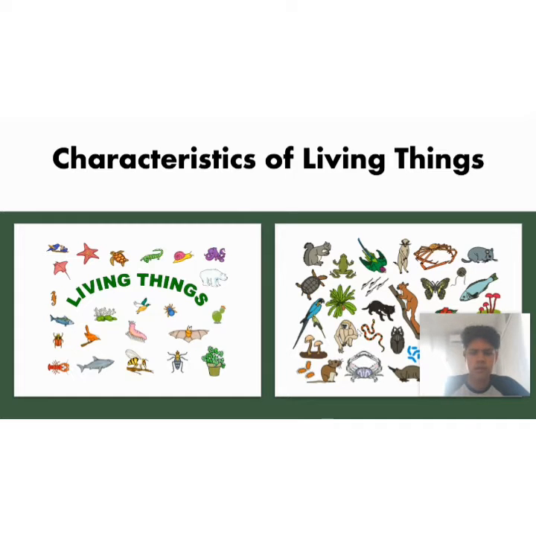The first ones are that living things can grow and develop, they obtain and use energy, they can adapt to their environment and also respond to it. They are made or composed of one or more cells, and all living things obviously can excrete to remove waste from their body.